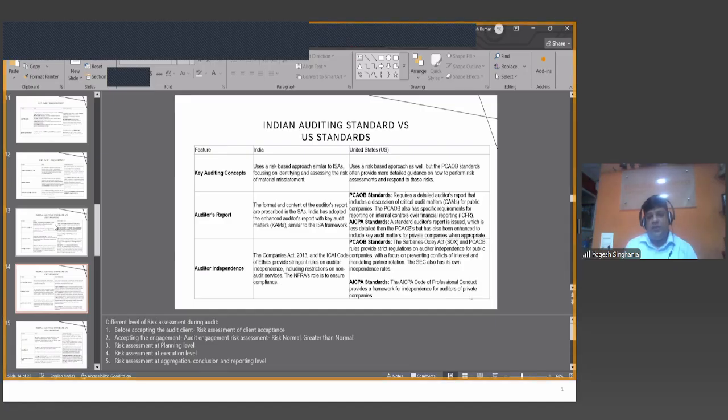In a similar way, PCAOB also focuses on a lot of risk assessment. The risk is something about what could go wrong, so that assessment happens even at the client acceptance level, engagement acceptance level, planning of the audit, execution of the audit, then analyzing, aggregating, and reporting stage of the audit. So at all these stages, all 4 or 5 stages, risk assessment happens. Audit steps and procedures are designed according to the risk assessment. This has been a significant change in the approach, not only in the US but even in India for the